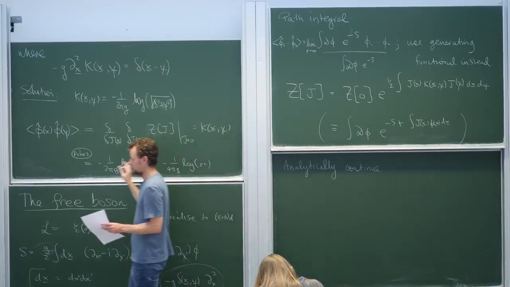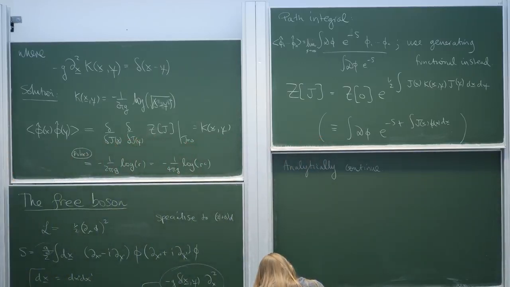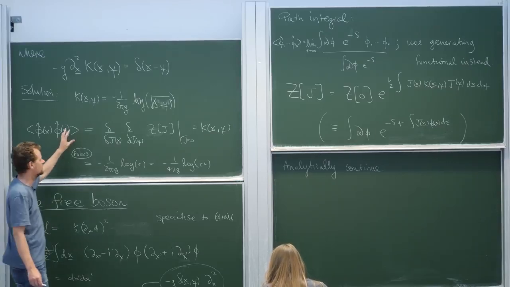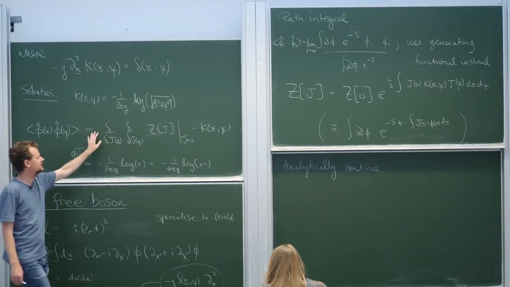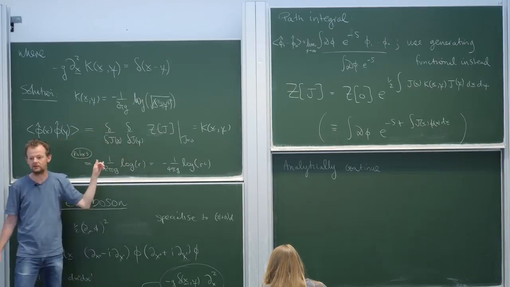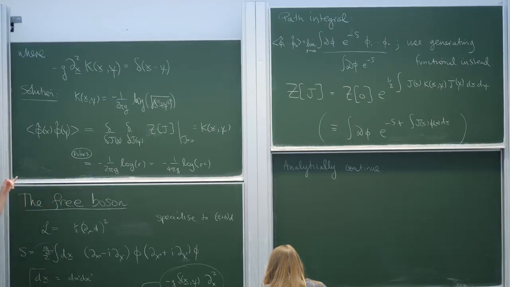Now, we make the sort of the first big extrapolative step that we always make in conformal field theory, which is we analytically continue. So up to this point, this theory has been defined in real Euclidean space. No complex numbers, nothing like that. These x's and y's are labels for events in a Euclidean space-time. And we've not said that they can be complex, and we haven't asked that our theory be defined for complex values of those